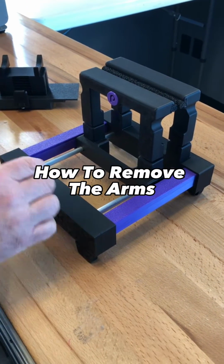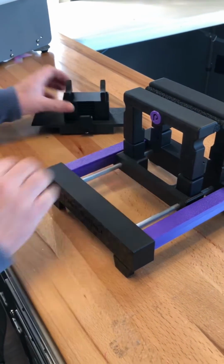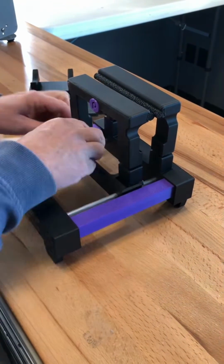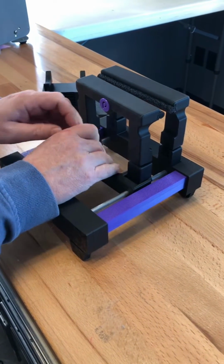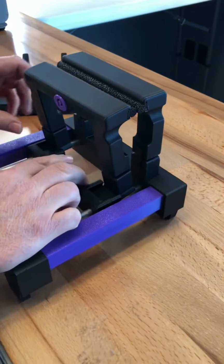I'd like to give you an example of how to remove the arms. So if you want to just take it apart, we just did a video on removing the center brace. On the arms, all you want to do is just go ahead down low. Just go ahead and apply pressure side by side. Sometimes the arms will be pressing up against each other. And then just go ahead, pressure down low, pull the sled back a little bit,